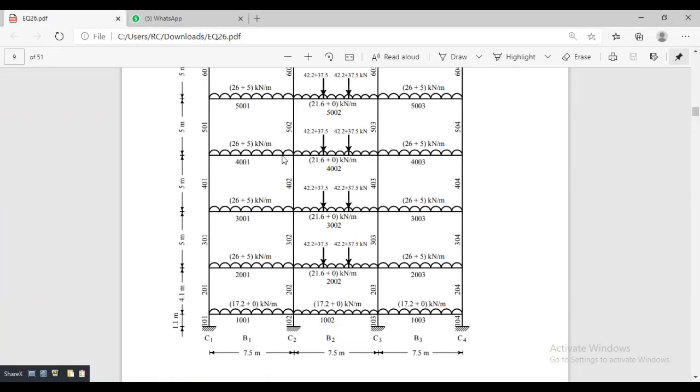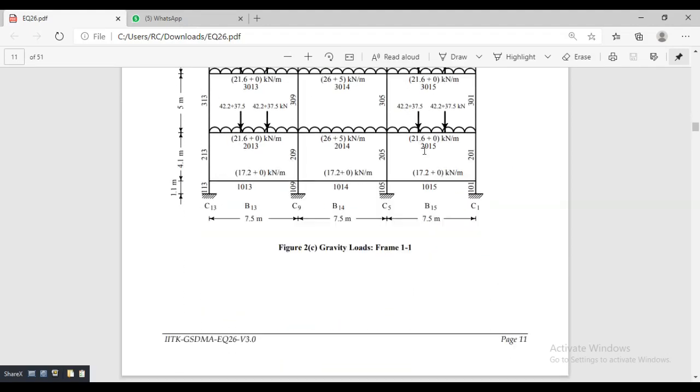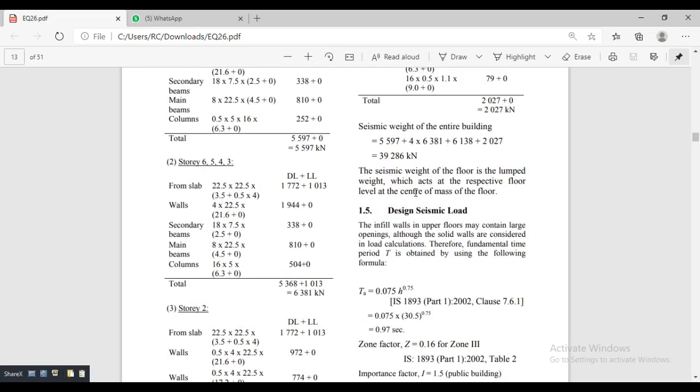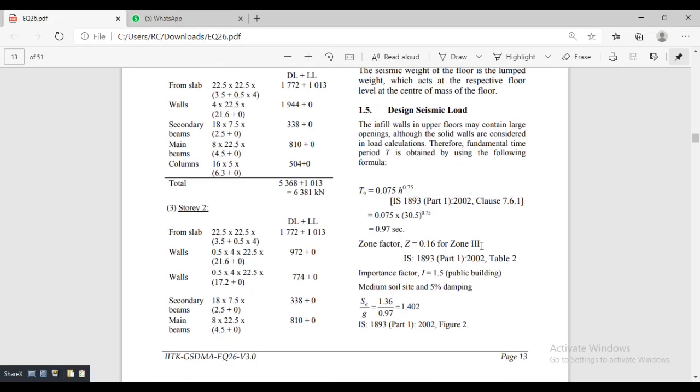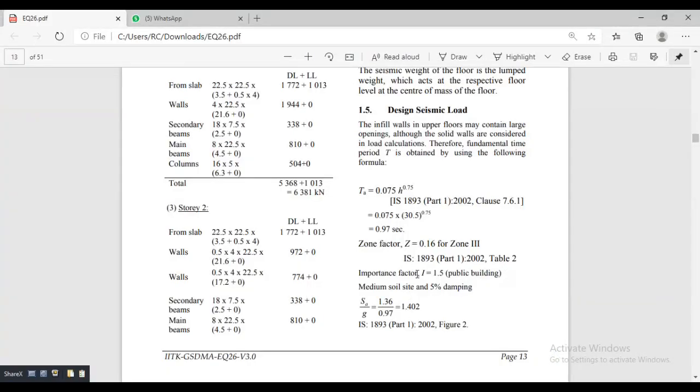This is the manual calculation of load transferring. So already we have done this part. The zone is 3 and the zone factor is 0.16. The response reduction importance factor is 1.5 and the time period is calculated here.